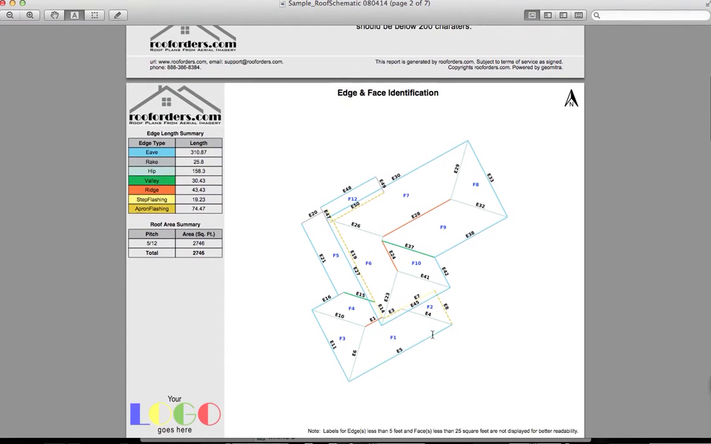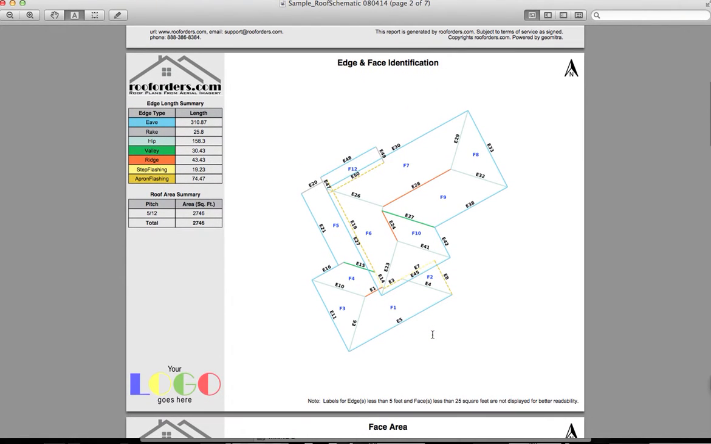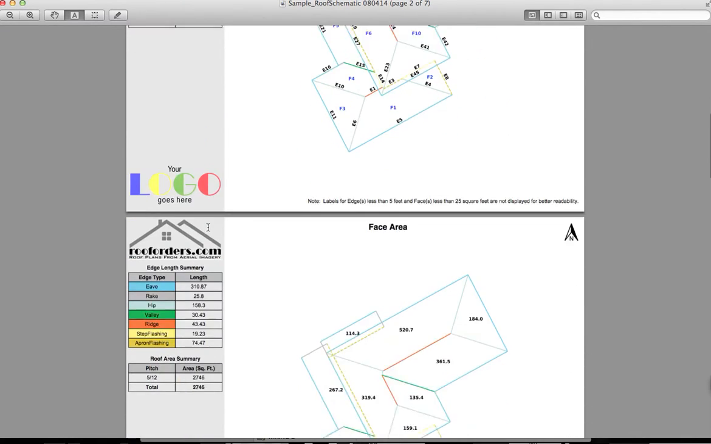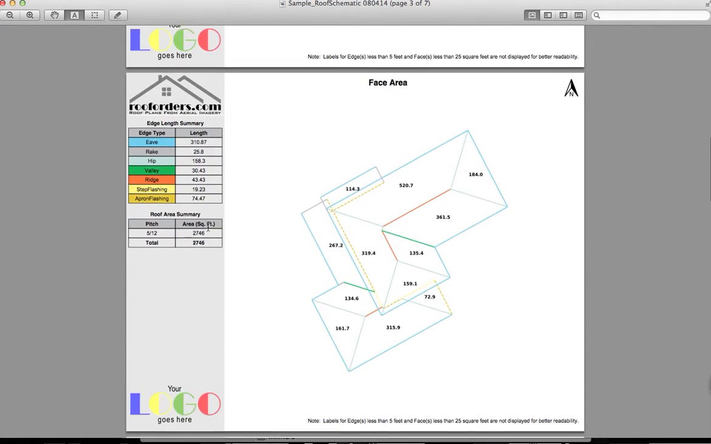The second page is the edge and face identification page. So every feature is given a name. And this page also shows the lengths of the eaves, the rakes, the hips, the valleys, the ridges, step and apron flashings. The pitch is summarized here, and we'll go to the next page, which is the face area page,